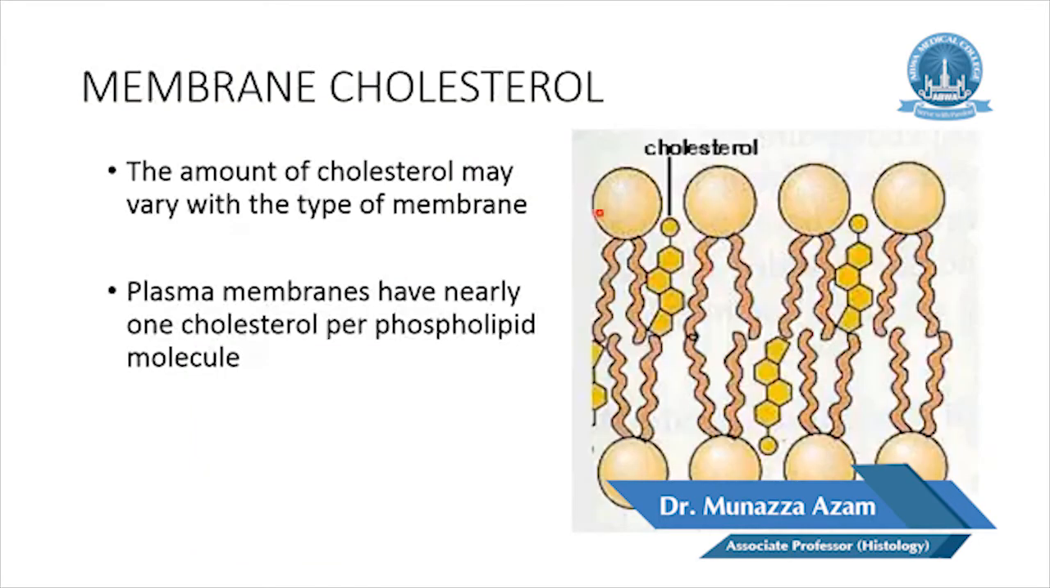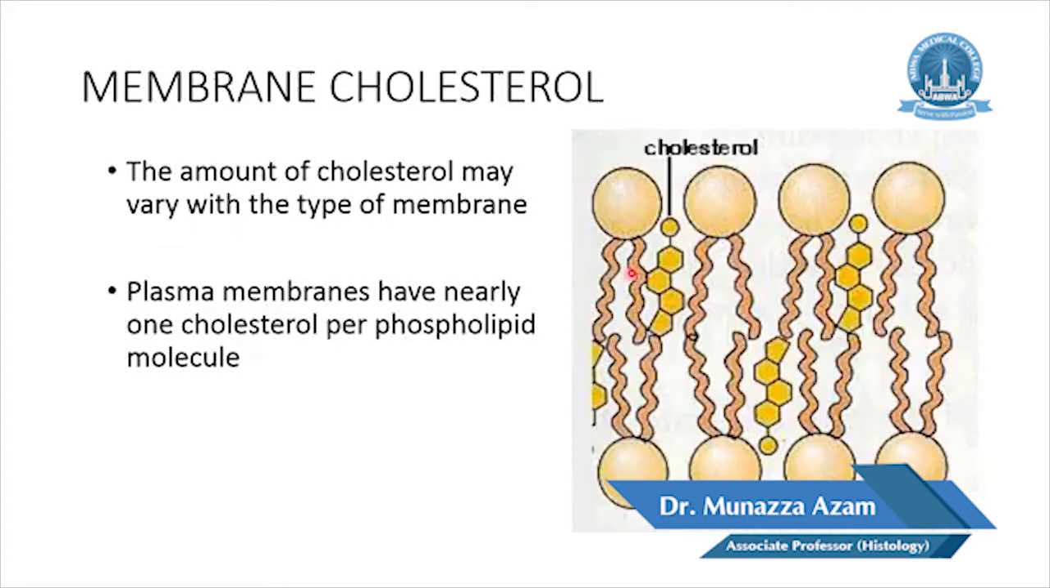Here you can see the arrangement of the phospholipids. This is the central or middle region of the cell membrane, and this middle region contains the fatty acid chains, which are hydrophobic, and at the ends are the polar ends, which are the charged hydrophilic portion, and in between are the cholesterol molecules. The amount of cholesterol may vary with the type of membrane, and plasma membranes have nearly 1 cholesterol per phospholipid molecule. So membranes of animal cells have as their major lipid components